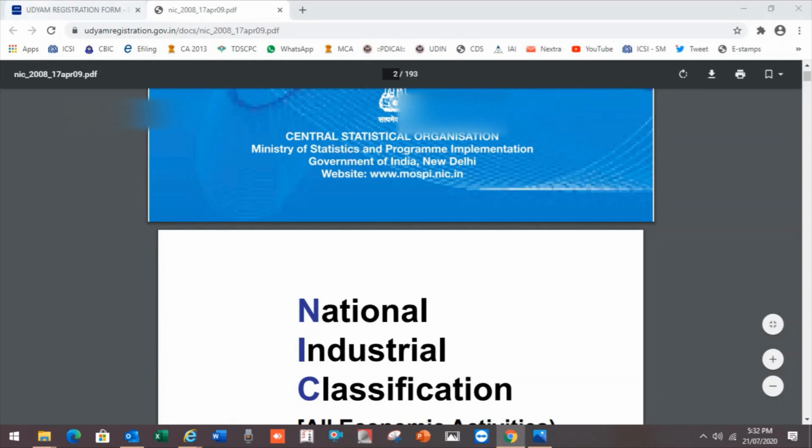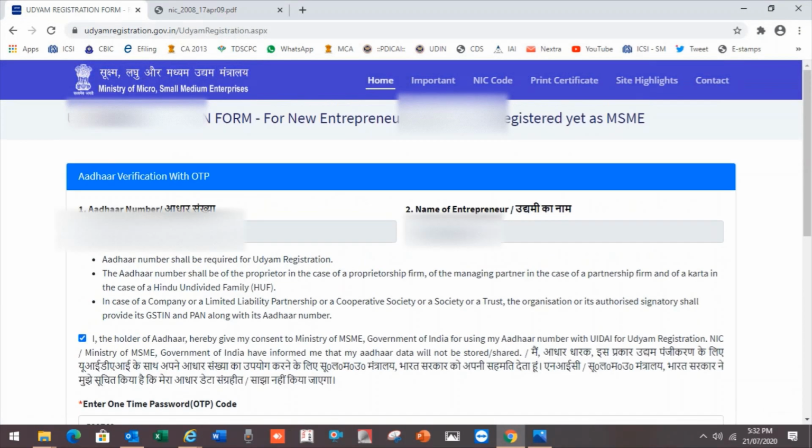Okay friends, now in this section we are talking about the NIC code related query. In the Udyam registration, it will ask for a NIC code, which we need to fill in. Although it is available during the registration, you have to type only the first three letters related to your services. Suppose you are providing engineering services or civil construction services, you have to type CIV or ENG. A list will open and you have to select accordingly, and it will automatically fill the details: NIC at 2-digit level, NIC at 4-digit level, NIC at 5-digit level.